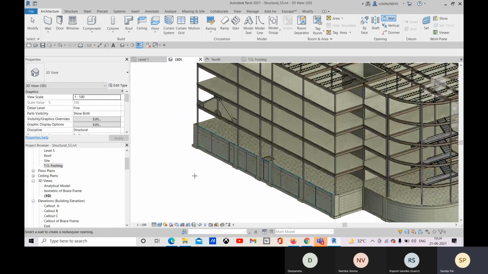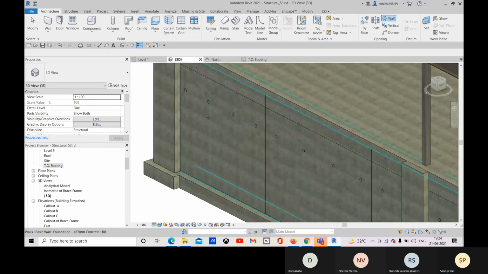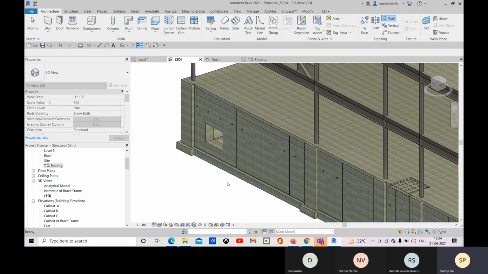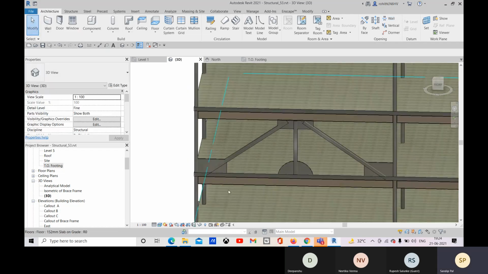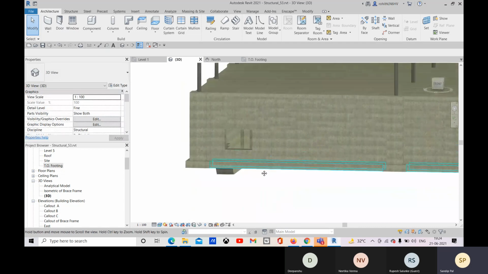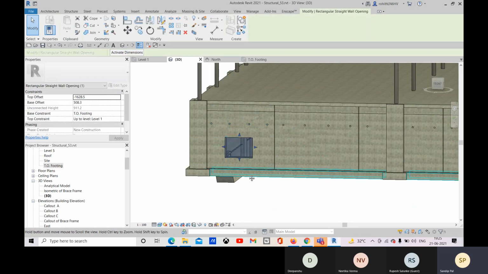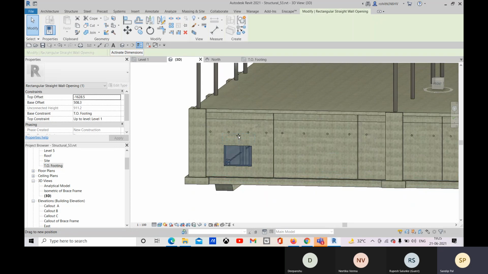Let me check from here. Okay, so here it is created, as you can see. After that, you can press Tab to select it and you can adjust the height and all.